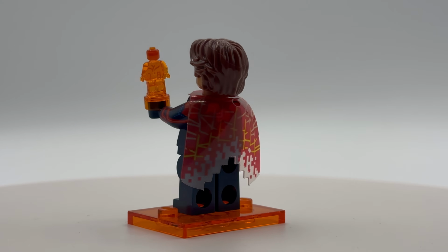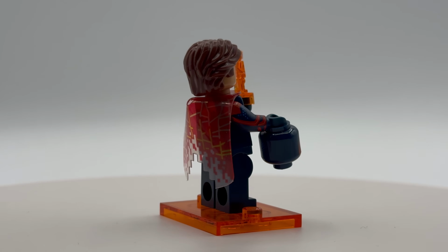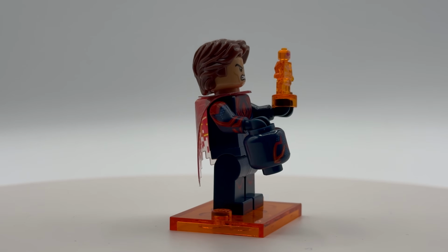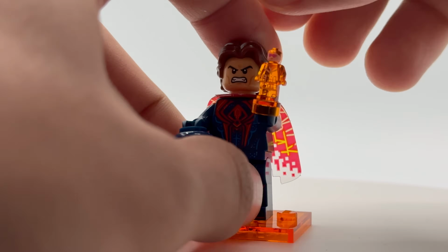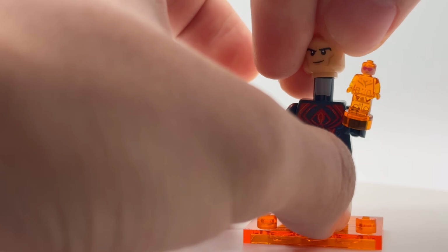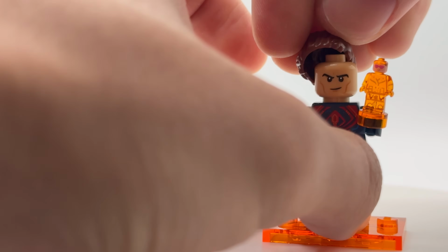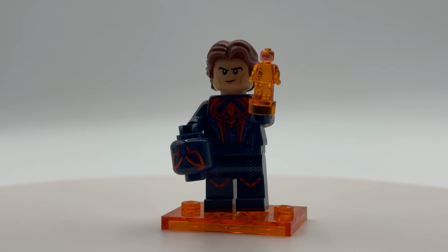The hairpiece looks really good for that Oscar Isaac style of hair that they were able to put onto the animated model, and of course the printing on the side of the arms just looks really good as well. The only thing I think would have made this figure a little bit better is if they came up with some sort of a claw accessory. I think that one of the most memorable aspects of his character in the movies was that he has his fingers end in these very sharp claws, and it's very exaggerated as he lunges at Miles,